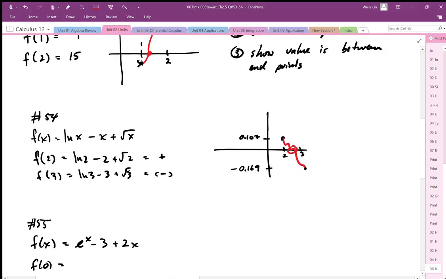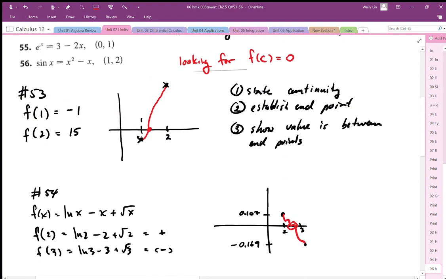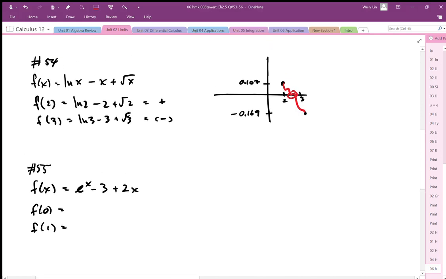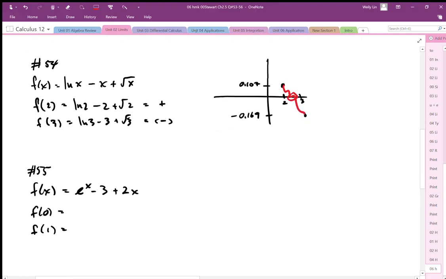So for number 55, we're just going to make it equal to 0. This is a continuous function. E to the x is continuous. 2x is continuous in the interval from 0 to 1. And again, we just plug in our values. So we get e to the 0, so this is 1 minus 3 is negative 2. We plug 1 in, we get e minus 3 plus 2, so we end up with e minus 1,